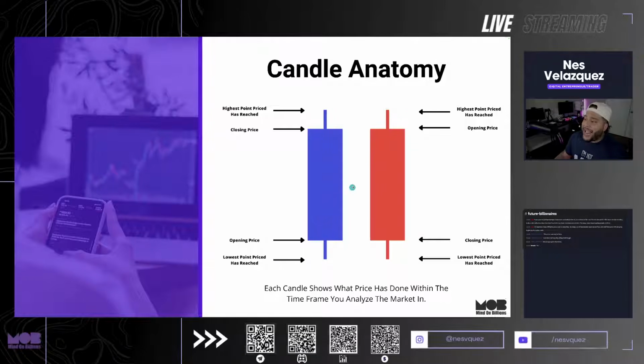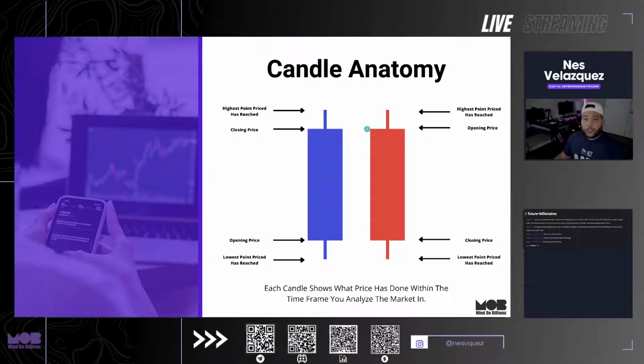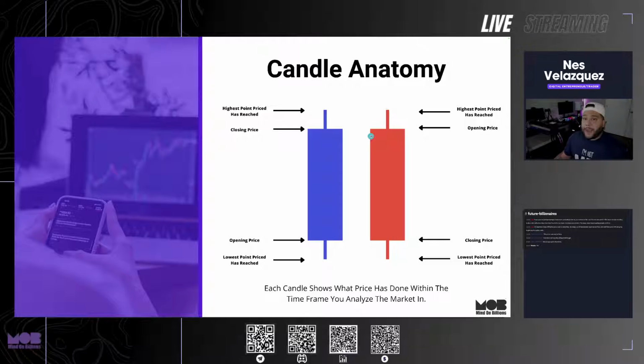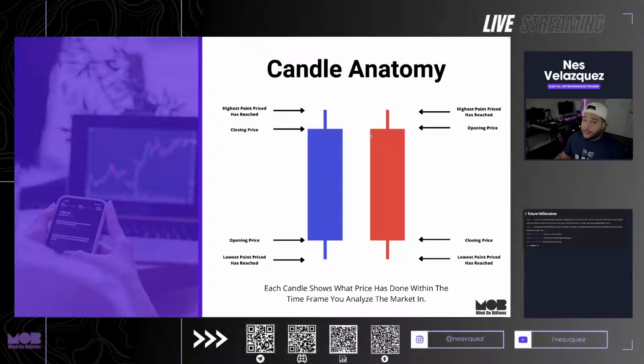Now, when we're looking at a bearish candle, it is the opposite, okay? Basically, if the candle opened at a certain point and it ended anywhere below that opening price, that makes it a bearish candle. Usually they are red. For the most part, they are red. But again, certain people want to use different color schemes. You can customize your charts, and so on and so forth. In a bearish candle, it starts at a point and it closes lower than the opening price, okay?